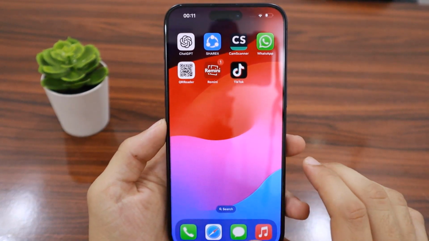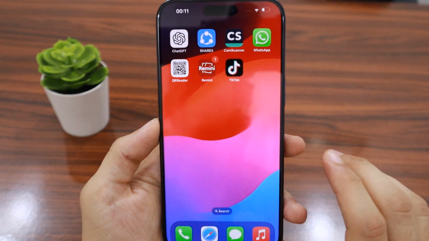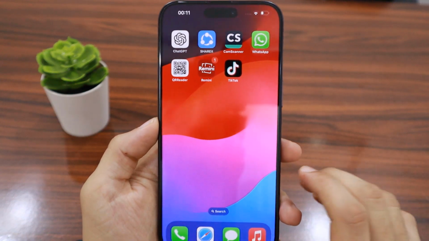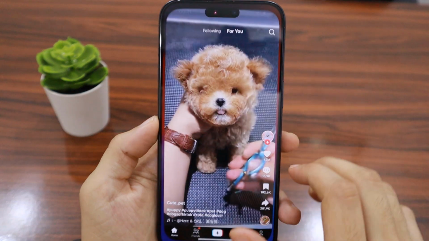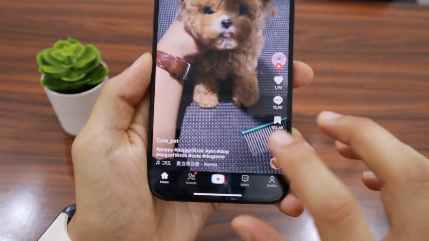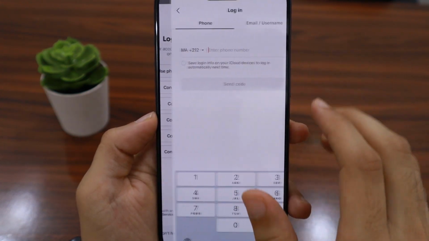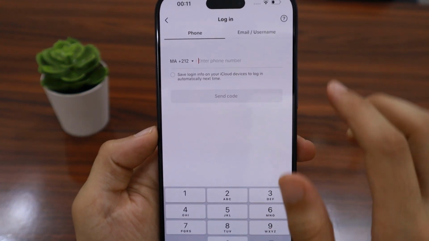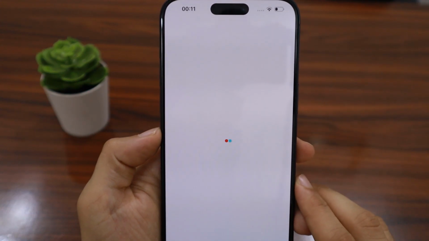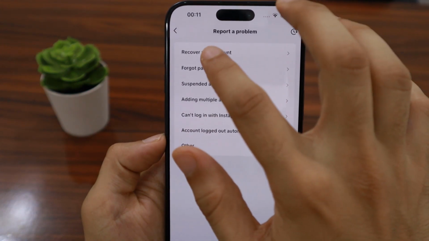In this video I'll show you step by step how to recover your TikTok account. So first open TikTok, then go to profile, then click use phone, email or username, then click this icon, click recover your account,